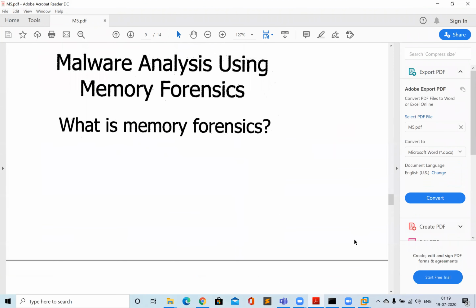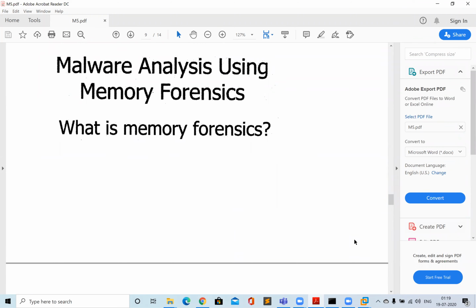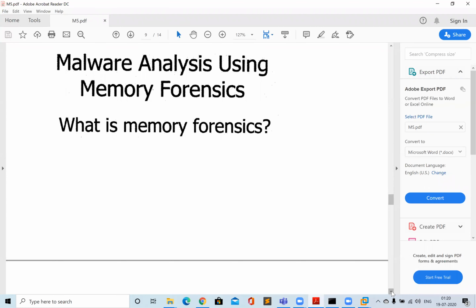So the first question is, why memory forensics? The reason is that most attackers in real time right now are deploying malware which they try to run only in the memory area. They are not creating any disk-based artifacts. That's the reason memory forensics is utmost important nowadays, because in the cases I have worked on, we were not finding any disk-based artifacts on most of the systems. But after performing memory forensics, you can actually get a lot of other details of what the malware is doing or not doing. Okay, so let's go through that one by one.